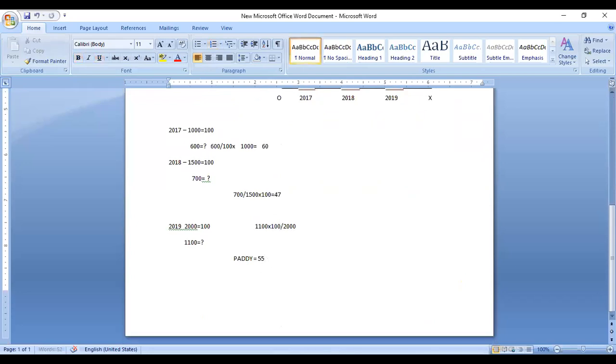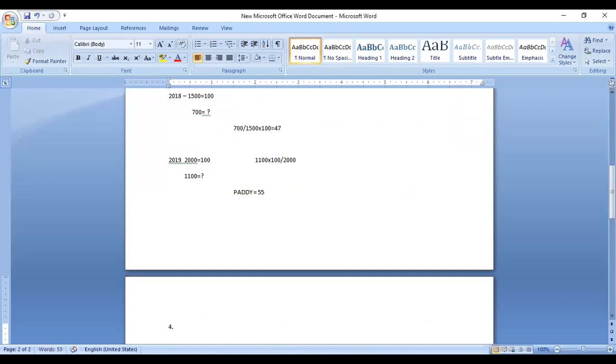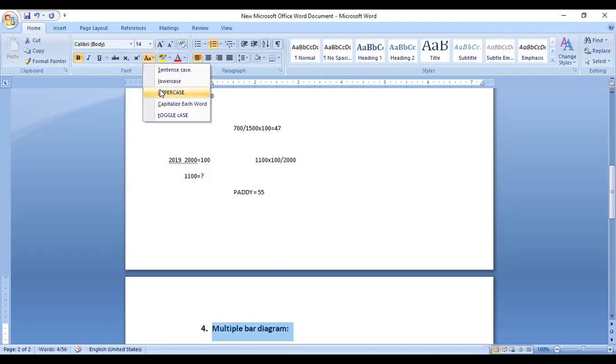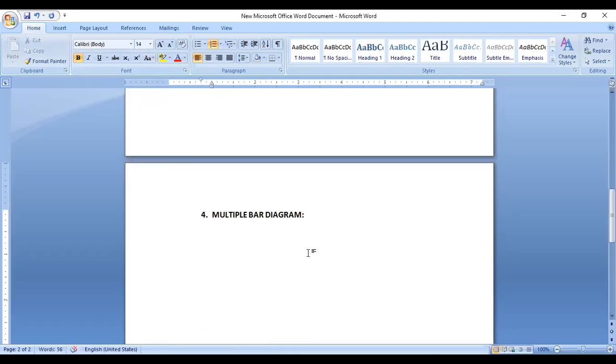Now we will continue in bar diagrams. Today we will learn about other kinds of bar diagrams. As I have already told you, multiple bar diagram. In simple bar diagram, it is difficult to depict two or more variables. Thus, if two or more sets of data are to be presented simultaneously, multiple bar diagrams are used.